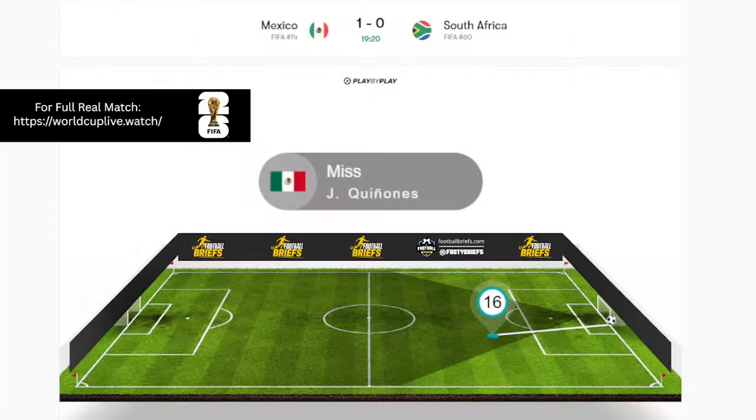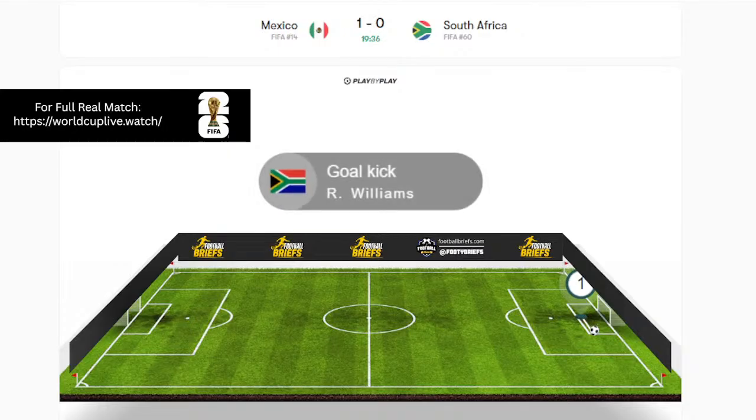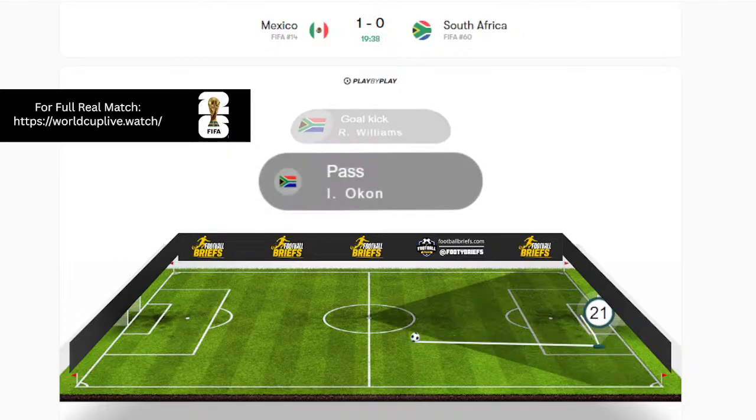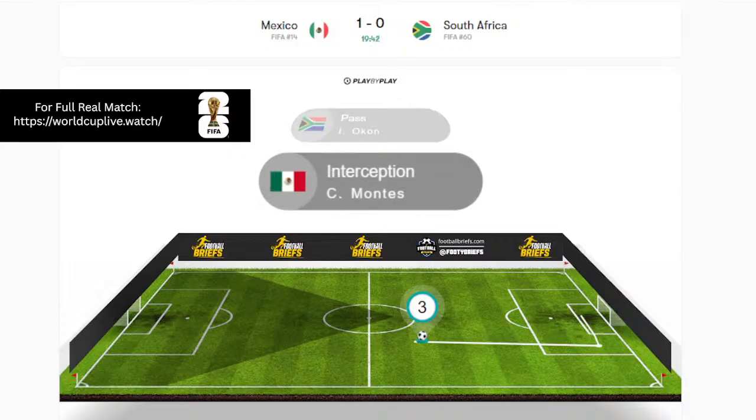With Julian Quinones looking for his second goal. And it was a nice pass towards him in the attacking third. And Julian Quinones got the first touch right, leaning back, took it on with the laces of the right boot, 24, 25 yards from the target. They hit the roof of Roman Williams' goal instead of the top corner, which Quinones was intending for. So South Africa